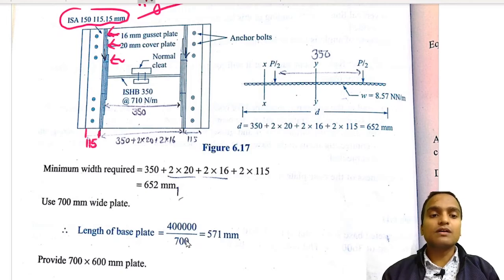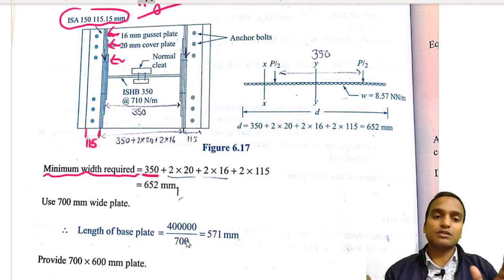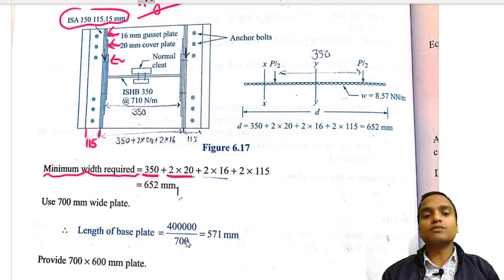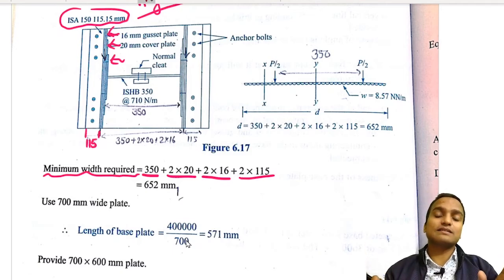So this total minimum width required is calculated, and it is equal to 350 mm. 350 is the height of ISHB 350, plus 2 into 20 for the base plate cover plates, and then there is 2 into 16 for the 2 gusset plates, and plus 2 into 115 for 2 angle sections for connection with the base slab. This comes out to be 652 millimeter, so that's why we have chosen a 700 millimeter wide